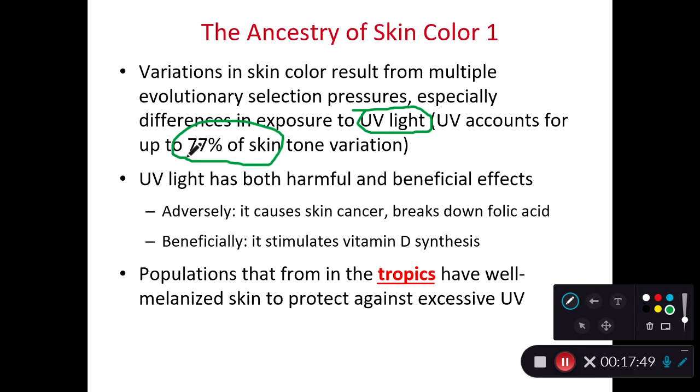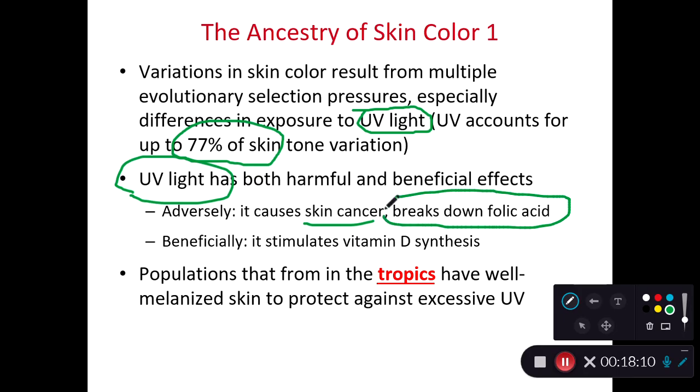And this is why you can see somebody whose ancestors are from the equator, but they can be living in Northern Europe and never see the sun and still have really dark skin because of their genetics that they inherited. So as we think of this UV light, it's kind of a double-edged sword. It's bad because it accelerates skin cancer and it accelerates the breakdown of folic acid in our body, but it's good because it's a part of vitamin D synthesis. So we need to have a happy medium in the amount of pigmentation and UV light or ultraviolet light exposure